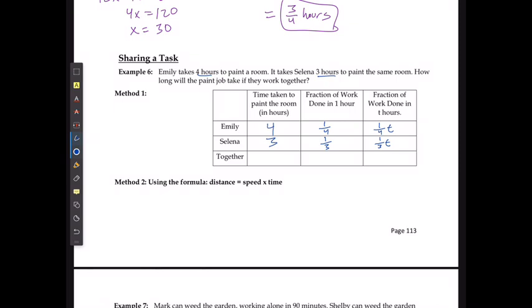So I'm going to say that 1/4 times T, which I can just write as T/4, plus T/3